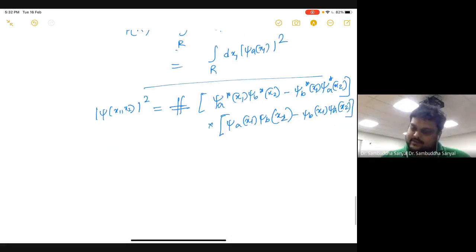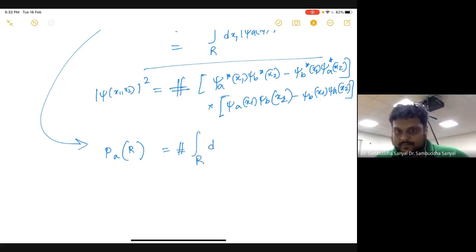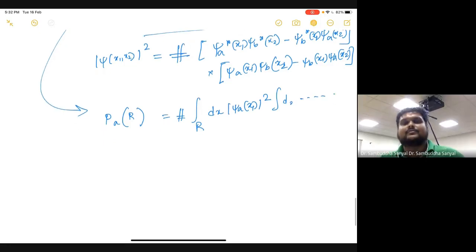So now I can calculate again this same quantity for this wave function. This will become P, the probability that you find the electron with quantum number A in region R. That will be the normalization times the integral over R dx of psi A x1 squared. All these terms will appear, right? I am not writing all the terms, so I leave these two lines of algebra for you to do. But at the end you will find some constant times the integral over R dx of psi A x1 squared,